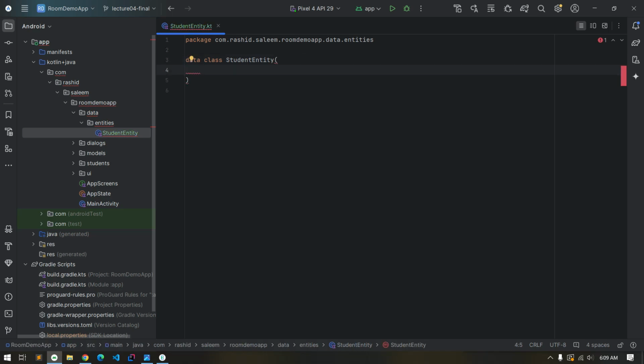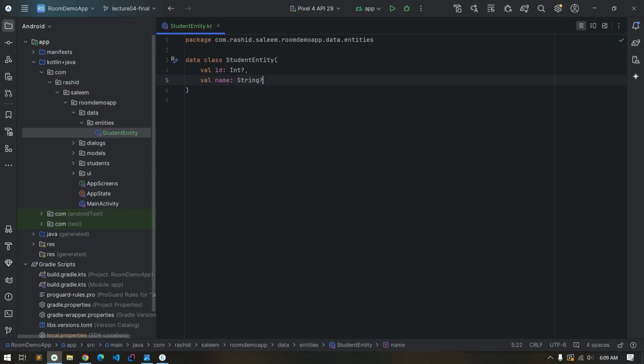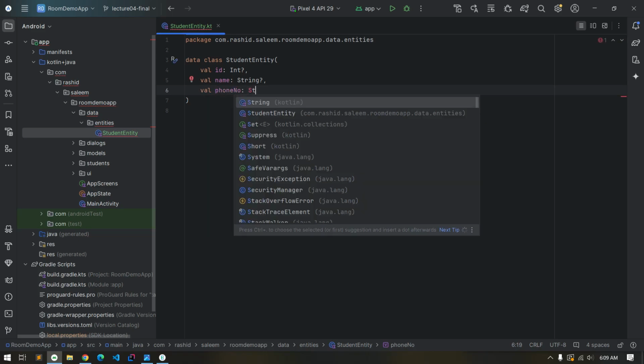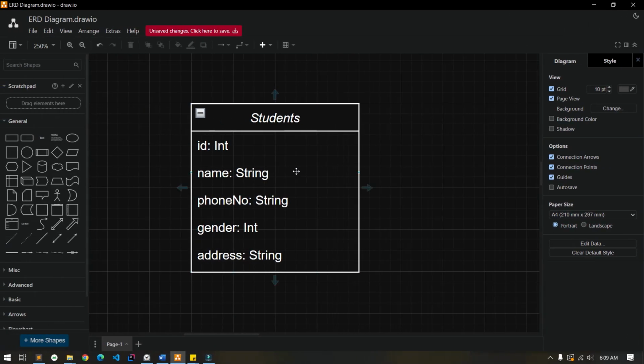In that our first value would be ID, which would be integer, and we will make it nullable. Name, we will make all of these fields nullable. Phone number and address. And for gender, we will use integer type,